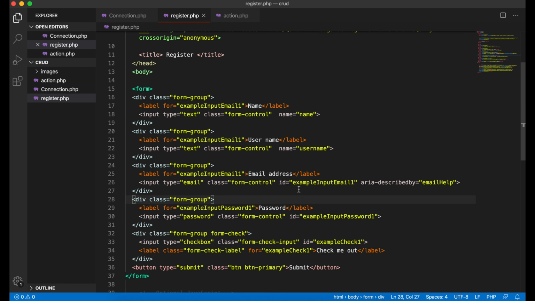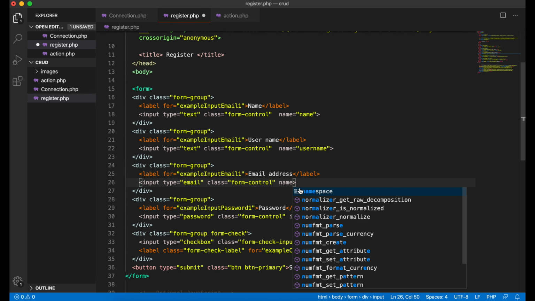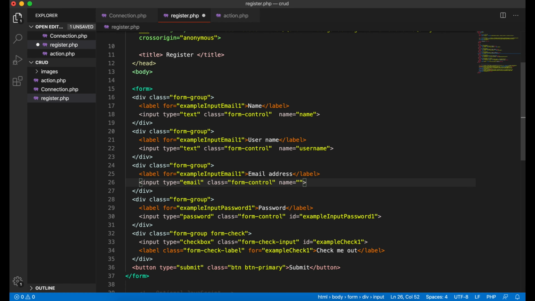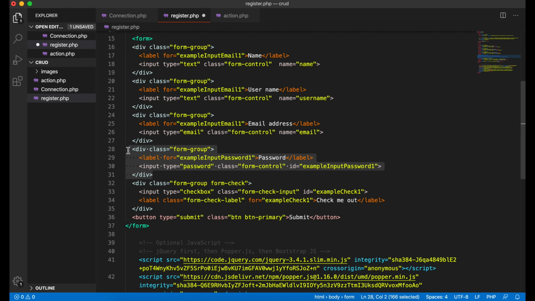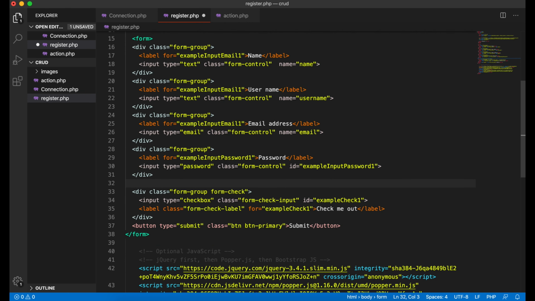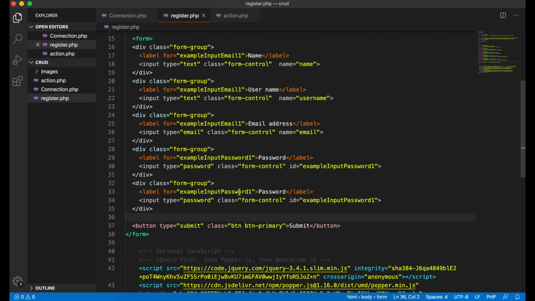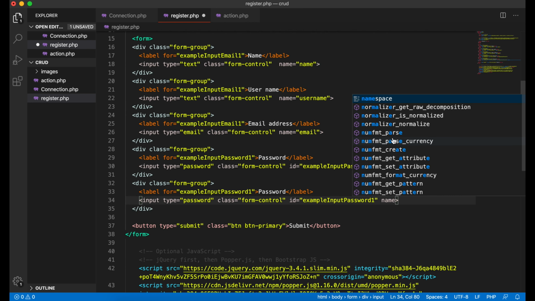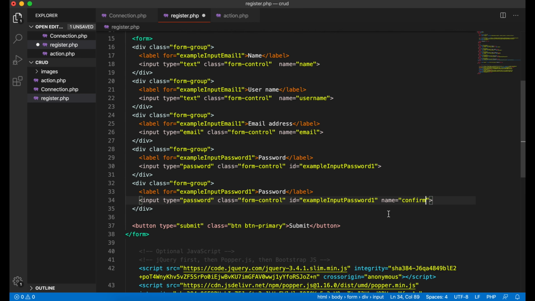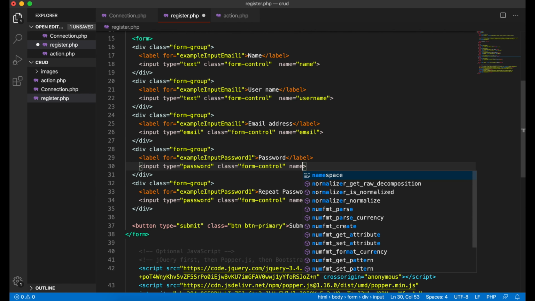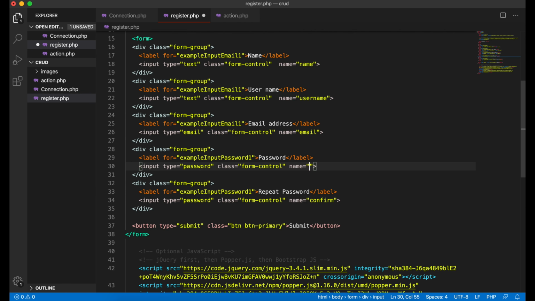And for the email I don't need this name, this will be equal to email. For the password I will copy and paste one more time, and this checkbox we don't need. On the password one, this will be for the confirm password, and here also we don't need this. Label will be repeat password, and for this one I will give the name of password,